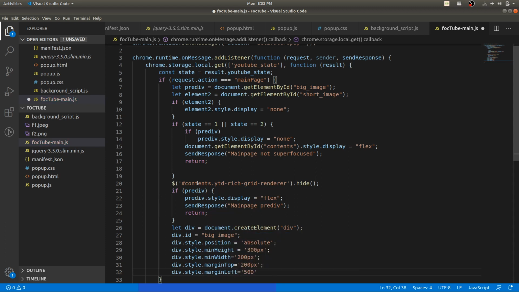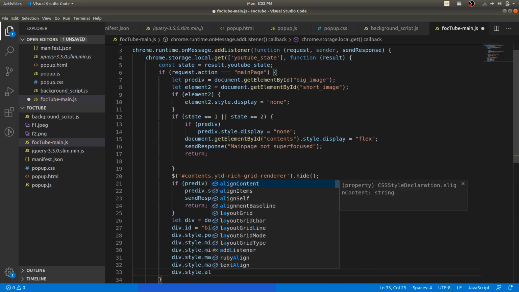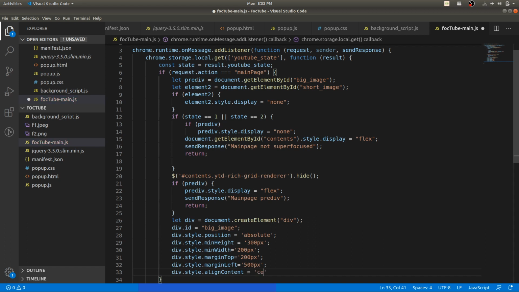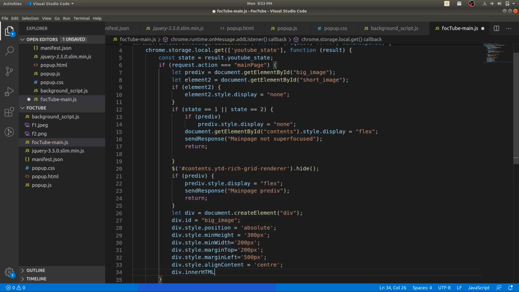So you can play with all the styles that we are using, and according to your desktop you can set it. How it looks on your screen, you can set it accordingly. Content should be in the center.